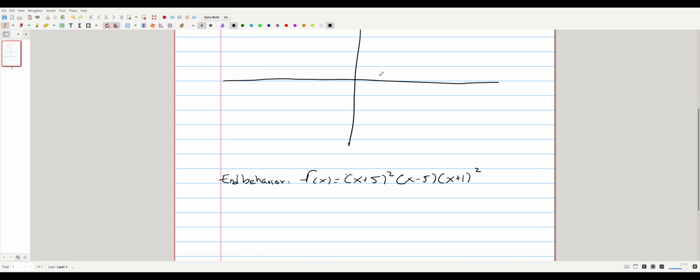Okay, hopefully you can see that once you expand this term, the largest power of x you'll have is an x squared term. That's the largest power that this expansion is going to produce. This term, since it's linear, there's only a 1 here. The largest power that this one is going to produce is just an x. And the largest power that this (x plus 1) squared is going to produce is also an x squared, because once you distribute this or FOIL it, the largest power of x in that expansion is going to be x squared. And so by looking at that, eventually we're going to multiply these three things together. And so the largest power of x is going to be x to the fifth, okay,